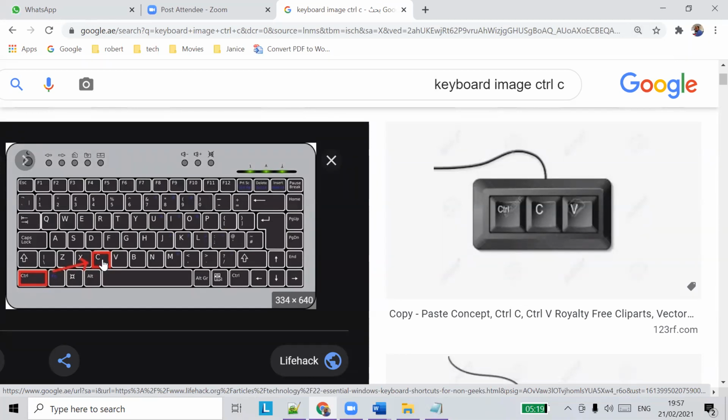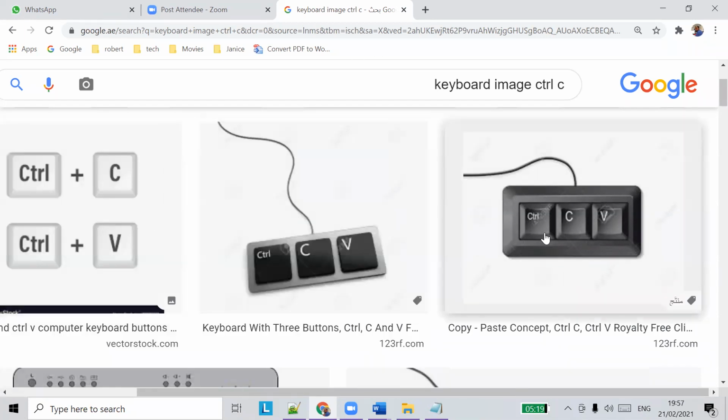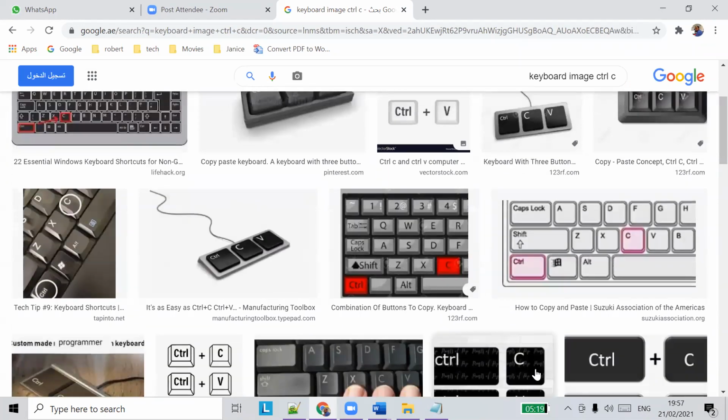The CTRL key is the control key, and C, you know the letter C. You have to press them simultaneously, at the same time, and you can use a shortcut key. Similarly, Control X is here, Control C is here, and Control V. There are two control keys on the keyboard, one here and one here. You can use either key, or both at the same time. This is where the control key is placed on the keyboard.